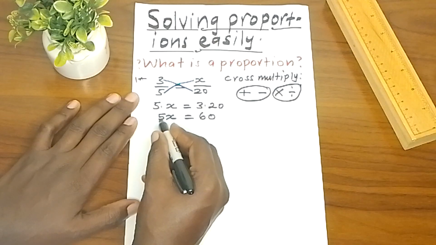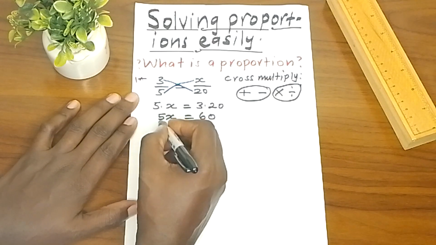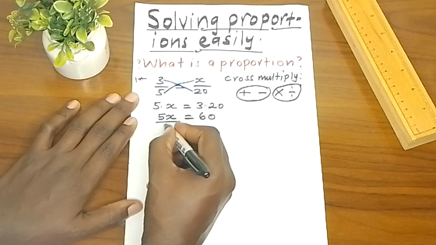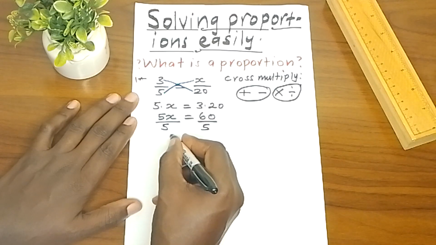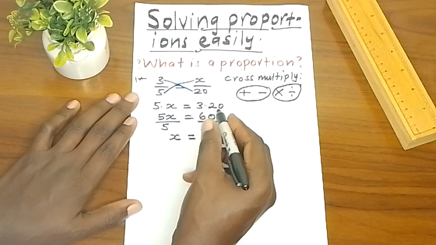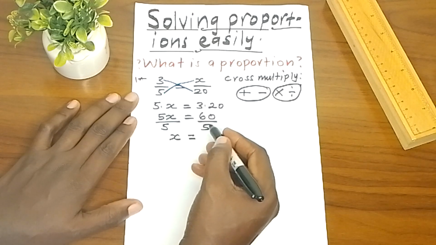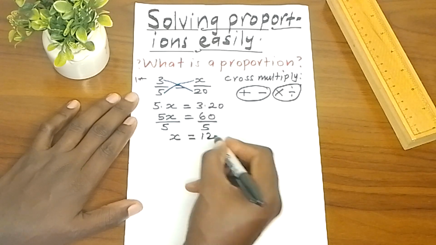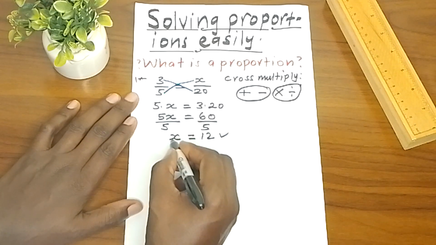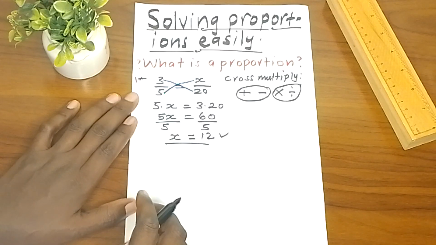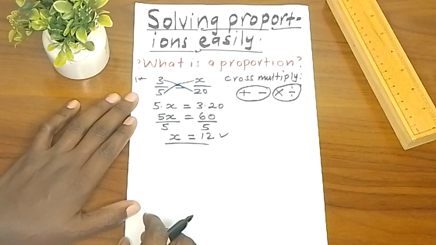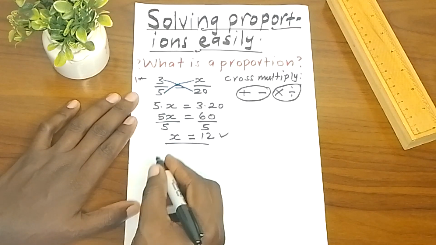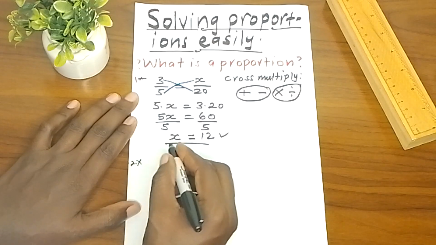So here we are going to remove the 5 by dividing. Divide by 5 on both sides. So we'll have our x equal to 60 divided by 5, that is 12. So here we have solved our proportion by giving the final answer to the unknown letter that is given to us. Another example we can take is